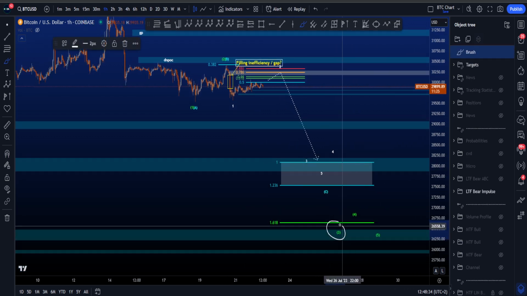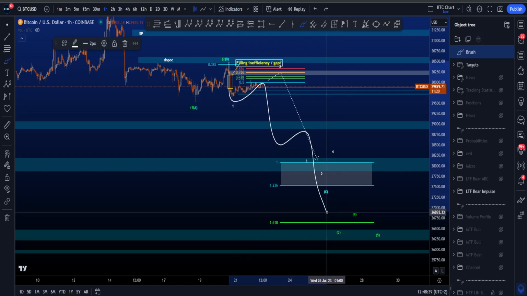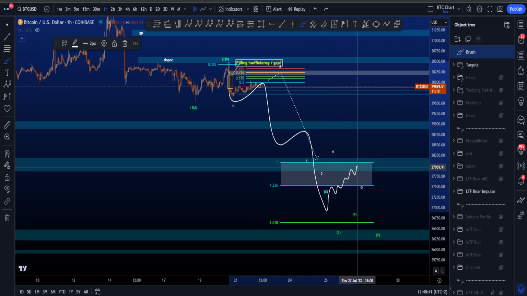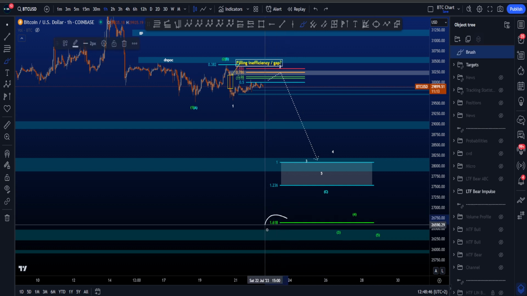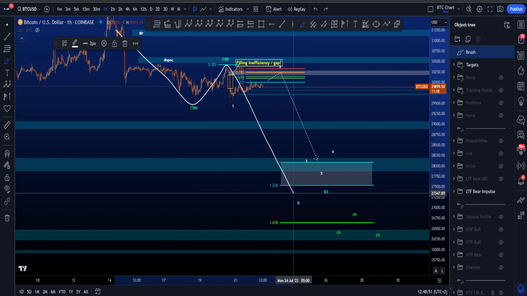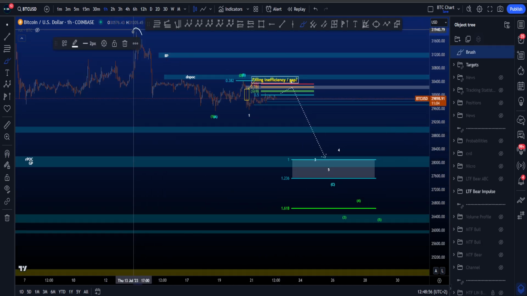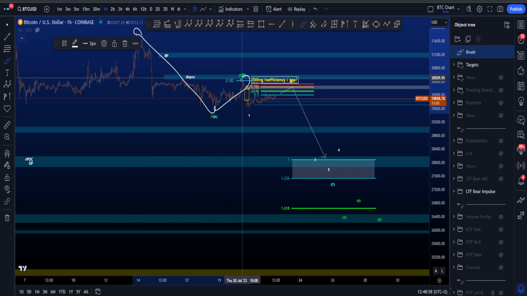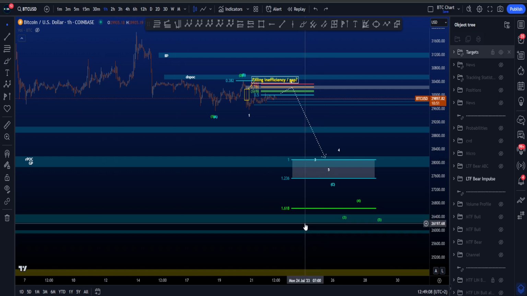Now for a potential wave 3, you want to see deeper price action, so it's also a 5-wave structure, but then it's not finished, because then you still expect another 4 and then another drop to the downside in a wave 5. Usually the minimum target for a wave 3 in an impulsive scenario, where we're then looking for a 1, 2, 3, 4, 5, is the 1.618 trend-based fib extension taken from the high to the low of 1 to the current high of wave 2, sitting at 26.6k,